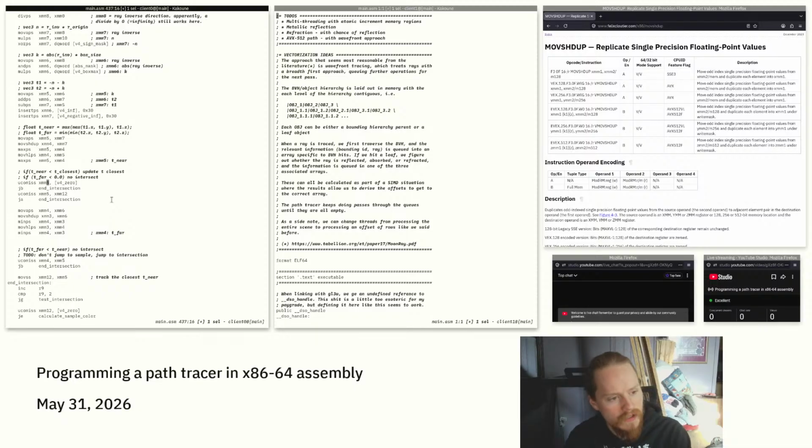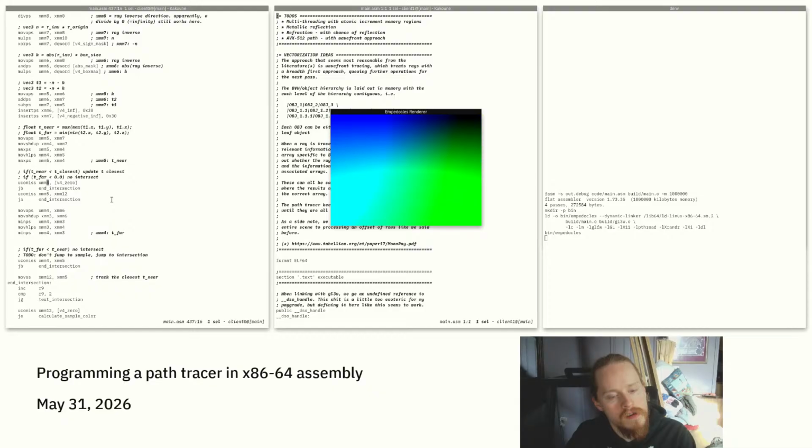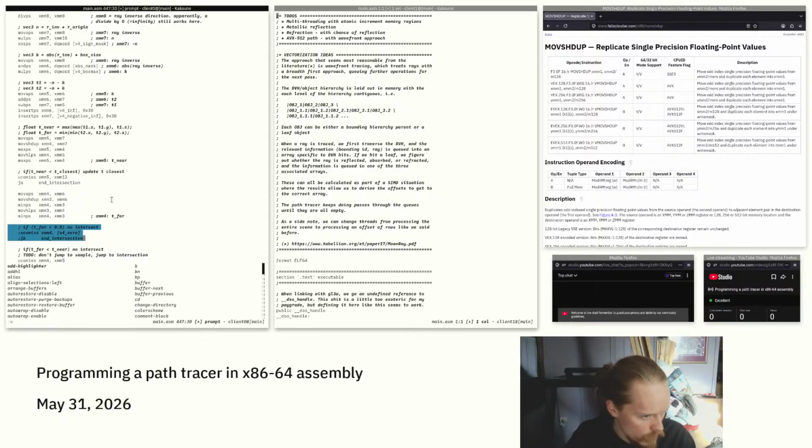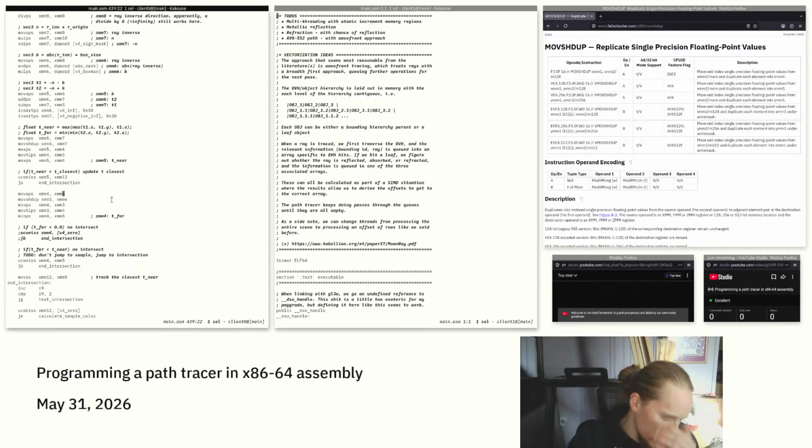Oh, T far? Well, let's try that. Sure, why not? Let's try that. Okay. J below, no intersection. If it's below 0. Duh, you know? If T near is above, which means larger than, which means further than T closest,